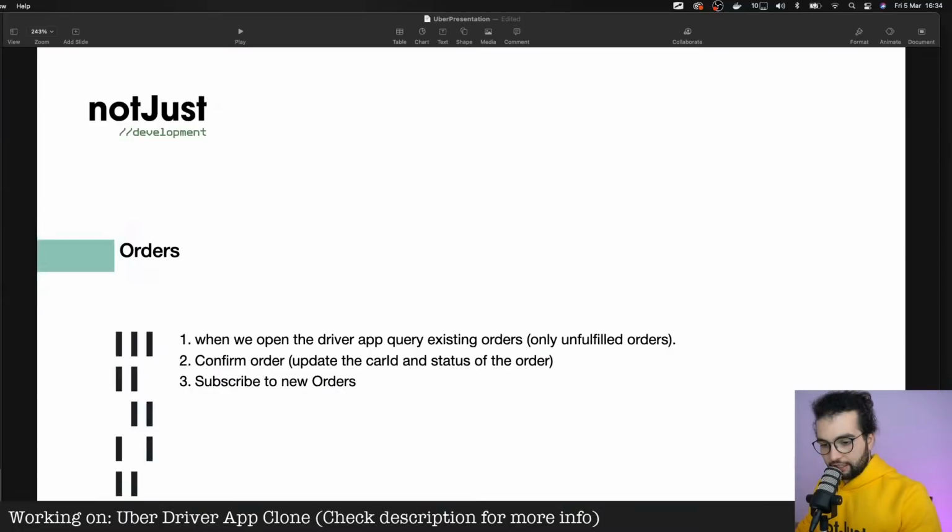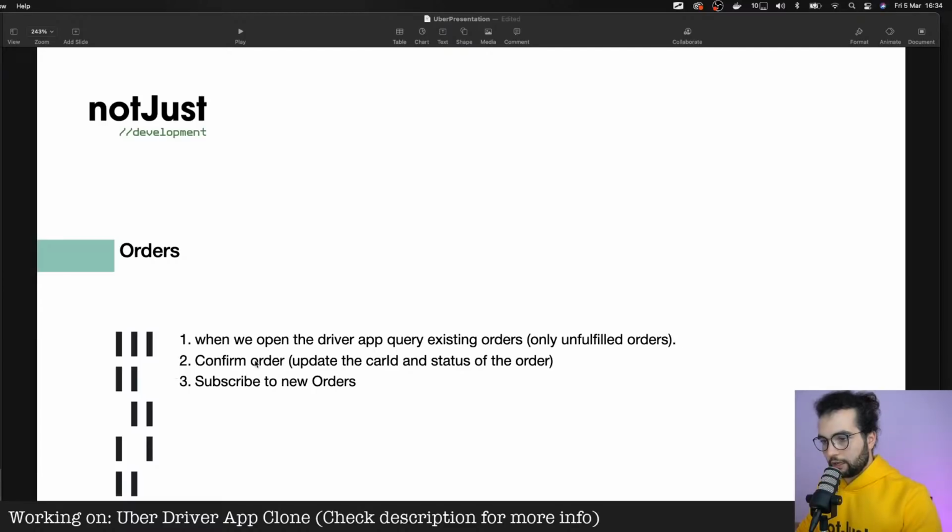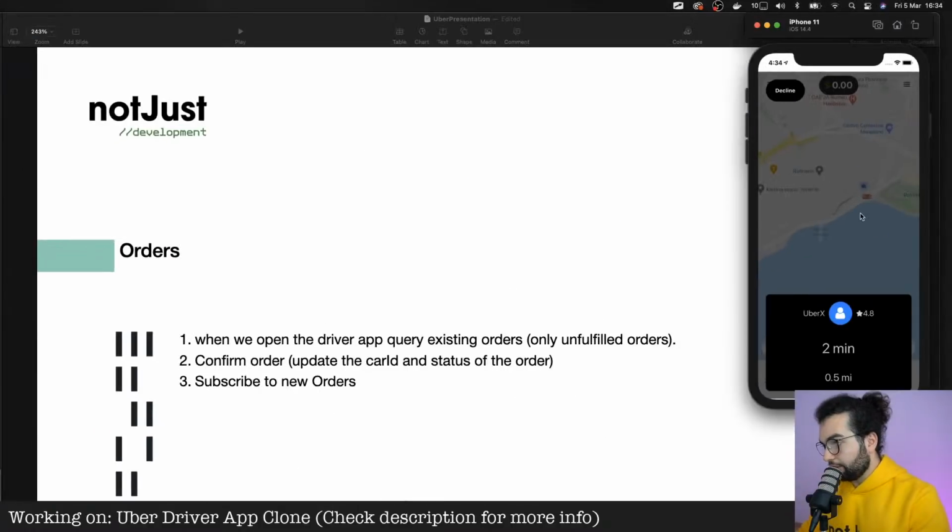So yeah, we are halfway through this build. The next step will be handling the orders properly, because right now if we look here in the application, we see the order, but this is just a hard-coded order.